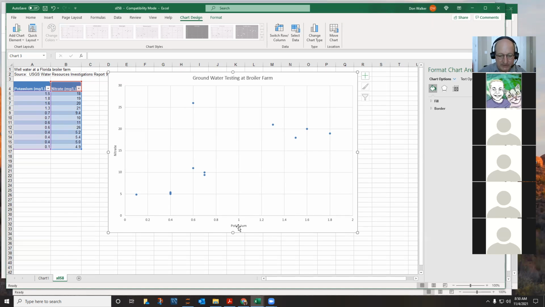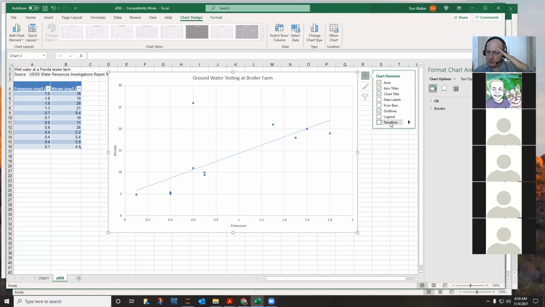Okay, so there we've put our axis in at least, but the whole reason to generate a scatter plot is to analyze the relationship. So you probably want to add a chart element, and again, not all charts have all the same elements to choose from. But we probably want to add a trend line here. And I wanted to show you down here at the bottom that it defaults to your good old fashioned linear equation